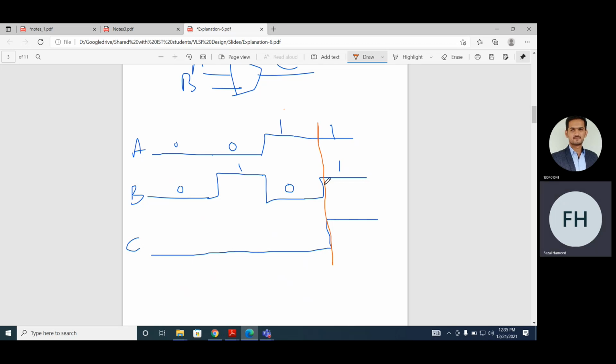The constraint was that the delay should be less than 1 nanosecond. But it's 1.5 nanosecond. What should you do now? You should change your design. How can you change your design? What parameters do you have to change your design? It's a NAND gate, and this NAND gate is in CMOS. Yes, very good. By changing the width of the transistor. Because if you change the width of the transistor, the resistance will be reduced. When the resistance is reduced, you can improve the delay.